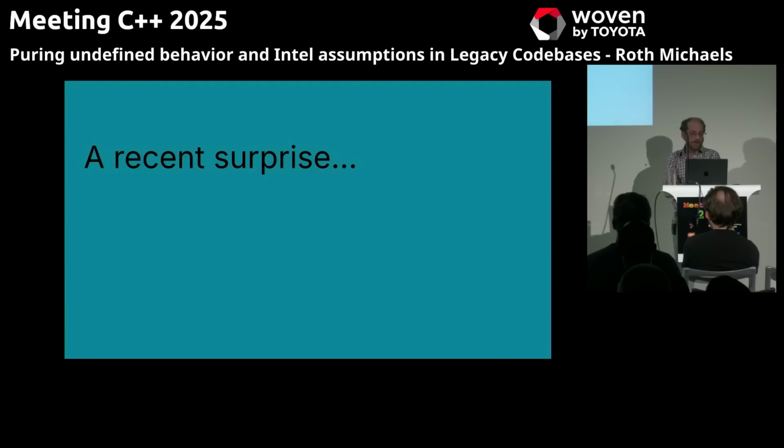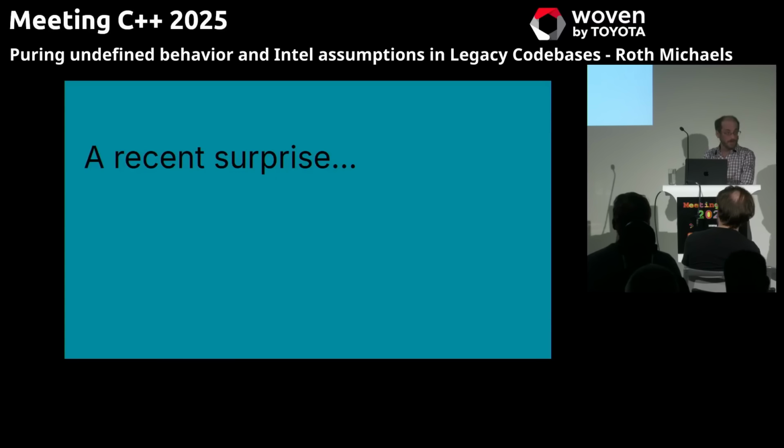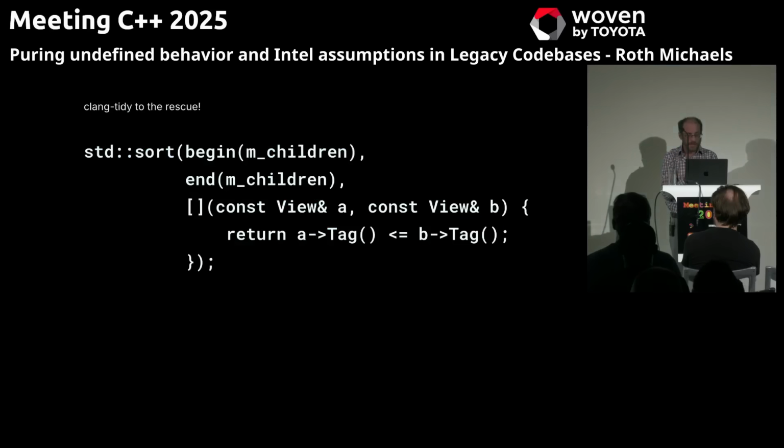I also want to tell you about one recent surprise that showed up, and I'm not sure if this was from UBSAN or from new warnings in a Clang version. The commit message was very short on this git blame line, so I don't remember exactly what was found, but there was an issue we ran into